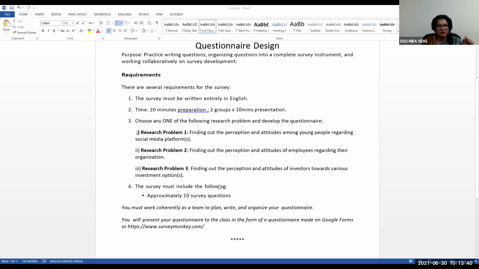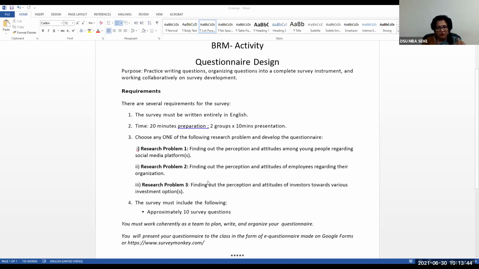All right, at the same time, each one of you must become expert in developing the questionnaire. So I suggest that while it is good to do certain work in a group, it is also better to practice it on your own. All right, so choose any one of the problems and develop it. Individually, each on your own, you choose any one problem is my suggestion.